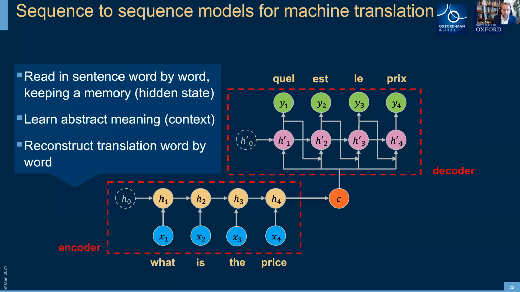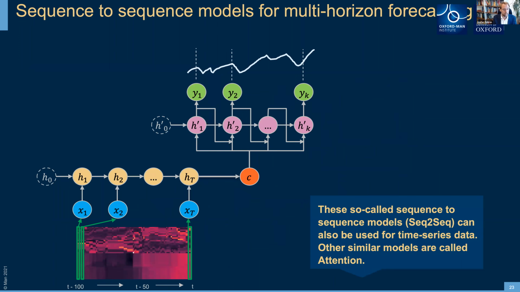What we are doing here is taking those two components, and just for reference, they're also called the encoder, where I read in the whole sentence and encode it into the context vector, and then the decoder, where I take this context vector and decode it into the French sentence. This is just to set the vocabulary. So I'm taking this same model and applying it to the limit order book data. Here we have our limit order book snapshot. We pass it in exactly the same way as in the translation algorithm. We build up this context vector, which is the state of the market, could be the imbalance or the change of imbalances.